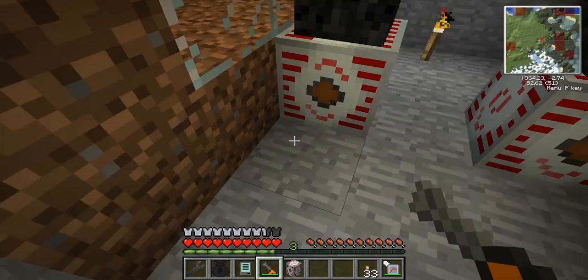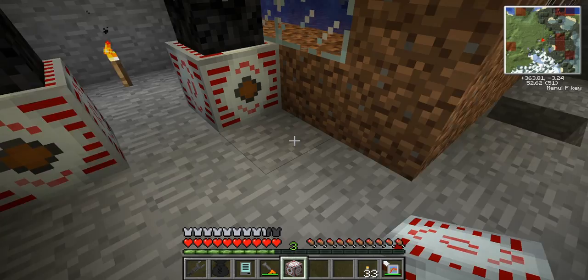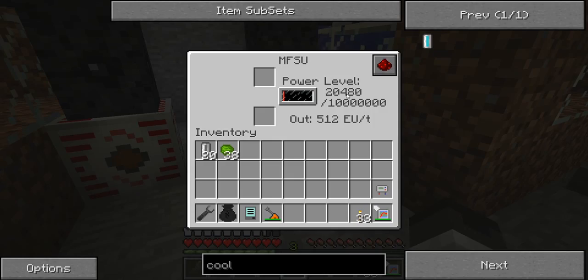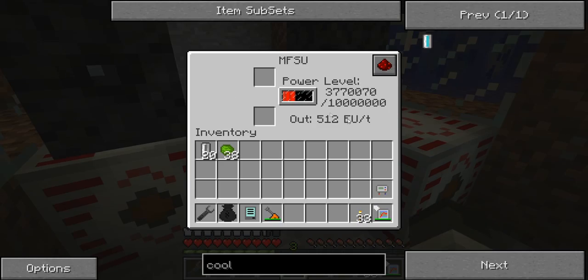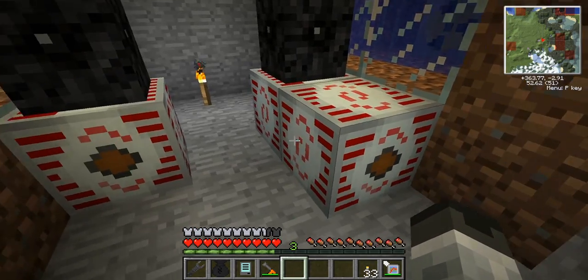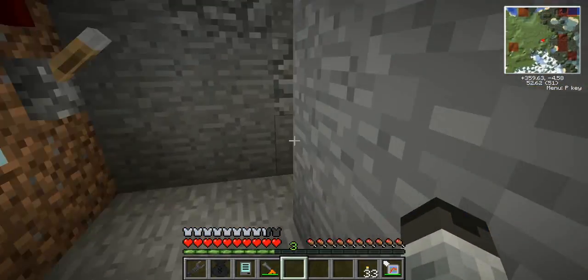This is why I love the geothermal generator, because I don't have to worry about all these cooldowns and all that stuff. I'll just put this here, and it'll take whatever energy's in here, and I'll have 20 million EU storage within these two machines. Okay, so this reactor